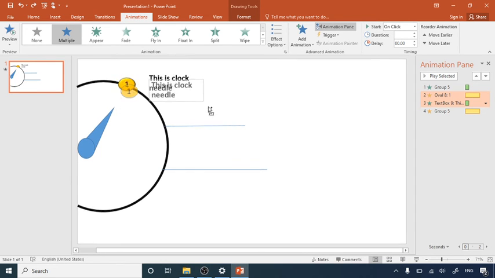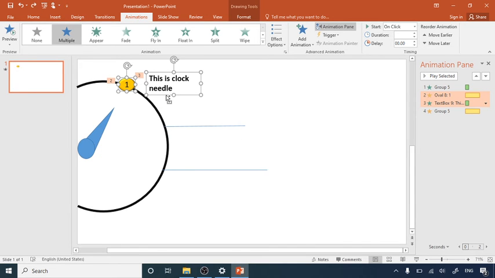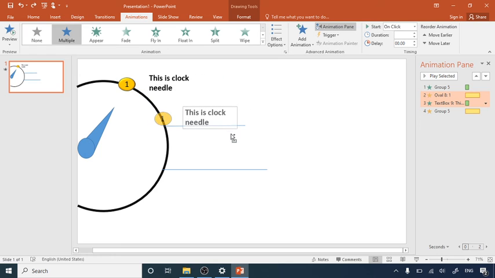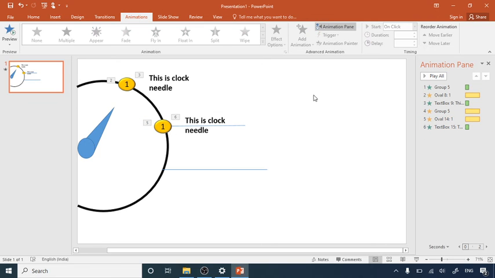One more Control button, and then you can position it over here. Copy and paste. Here you can see the animation is completely copied.